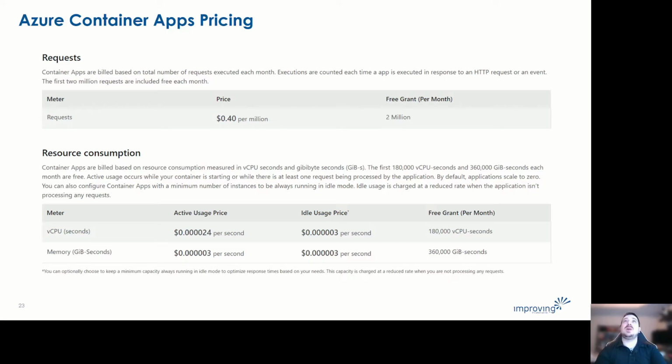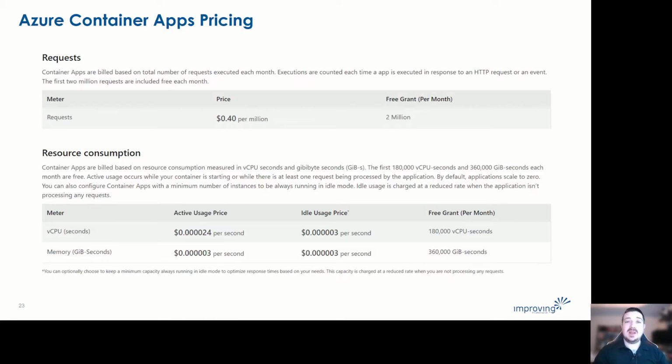So just as a quick calculation or as an example, a container that is running idle with provision with 1 CPU and 1 gig of RAM, if it's just sitting there running idle for a month, is about $15. If it's not processing anything. If you've got a container that is constantly chugging and processing, it can run you about $70 to run that container. So it's somewhere in the middle there.